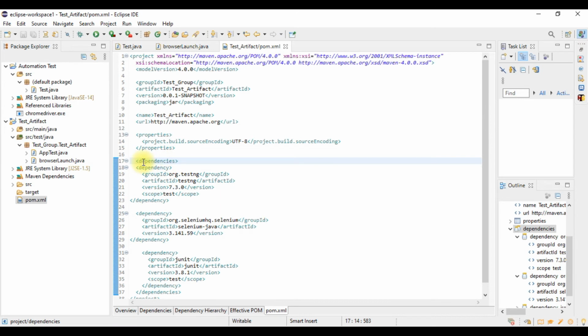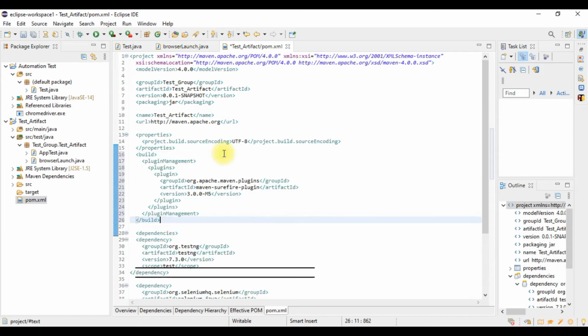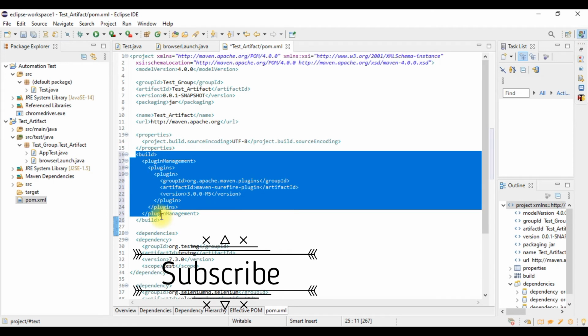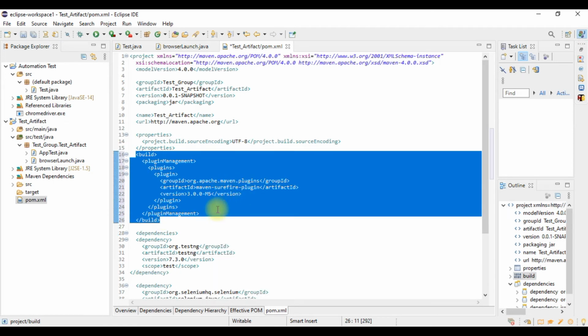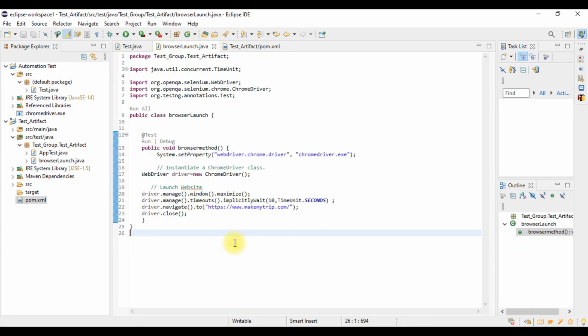We don't have to write it inside the dependency tag, we have to write it above the dependency tag, right? So after this properties tag, we will write this build tag, which is for the Surefire plugin, and we will save it. Right, so our test case is complete.